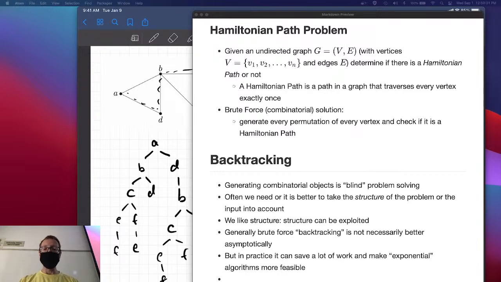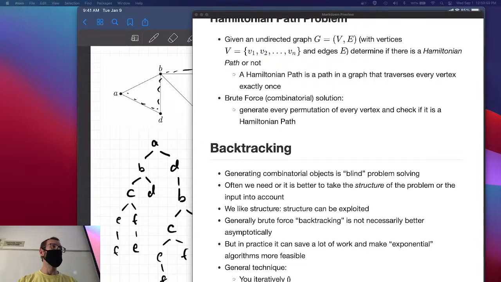So what's the general technique? The general technique is, well, it's going to be different for everything that you consider because you're exploiting the structure, right? You have to look at the problem. What does backtracking look like for this particular problem, for this particular input? But generally, you iteratively, right? And in this case, we're going to present it as recursively. Recursively, build a